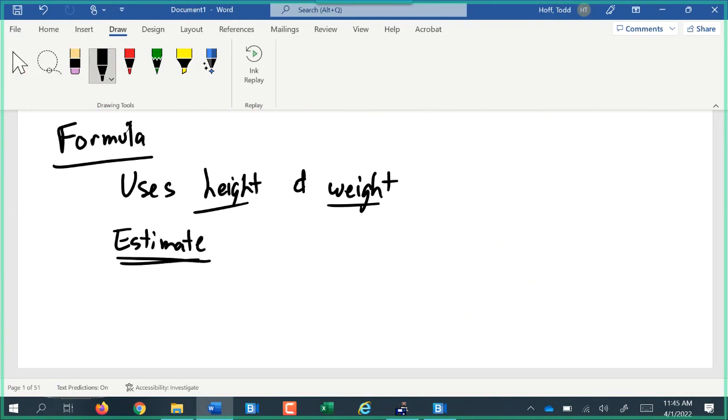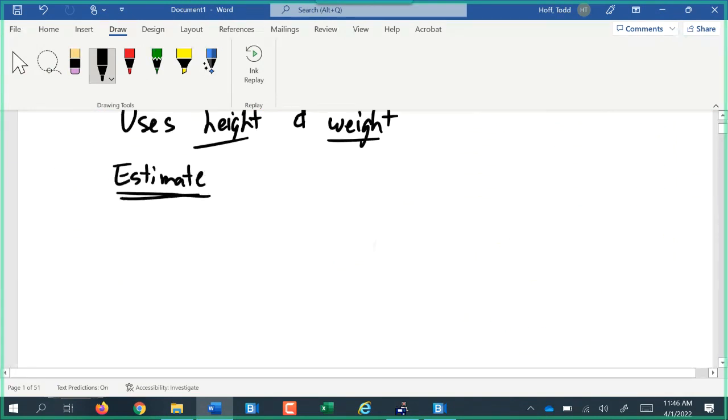All of our ways of calculating body surface area are really estimates, because people that are the same height and weight can be different shapes and have different body surface areas. So everything we're looking at is simply an estimate, but it's relatively close. We all know that a body made of muscle is going to be smaller than a body made of fatty tissue, just because the fatty tissue takes up more volume per unit of mass or per unit of weight. So like I said, these are not going to be exact, but they're close enough